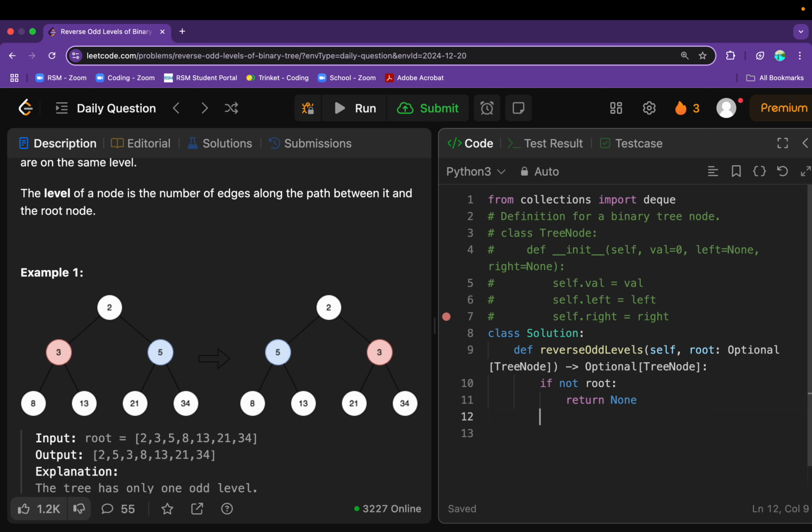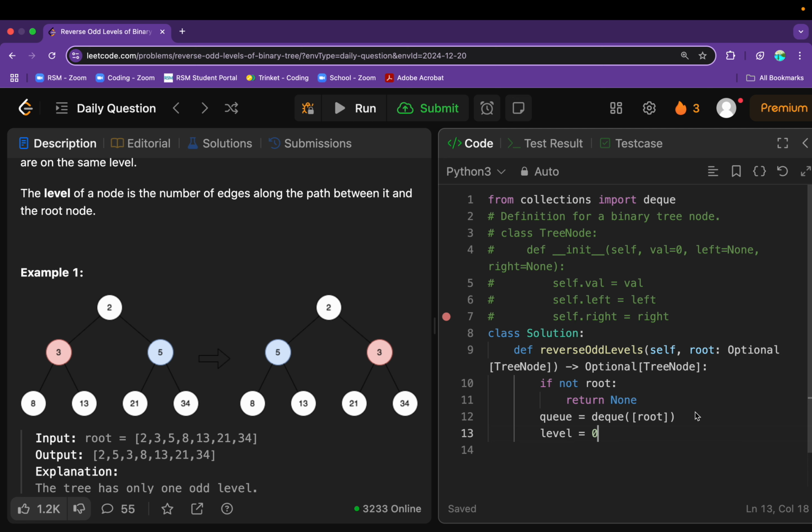Okay, now let's initialize our queue. I'm literally just going to call it queue and set it equal to a double-ended queue, so a deque in Python, and we're going to let it start with one value, the root node. And basically what this queue is going to do is help us perform the level order traversal. So now let's initialize our level. So level is going to be equal to 0. This is simply going to represent the current level of the tree that we're processing at each iteration of our